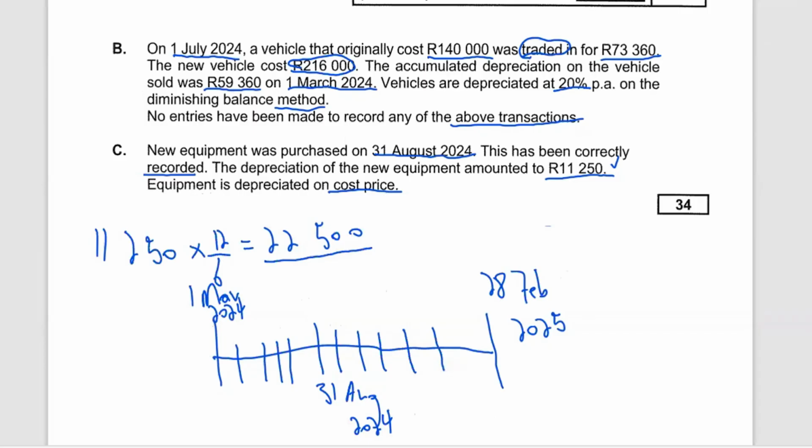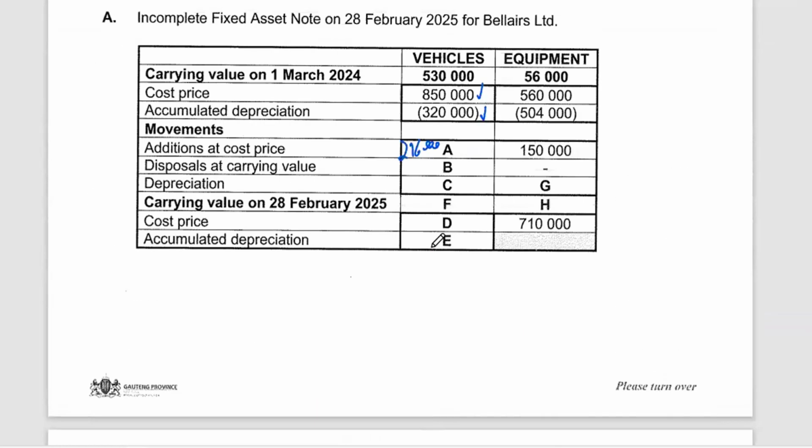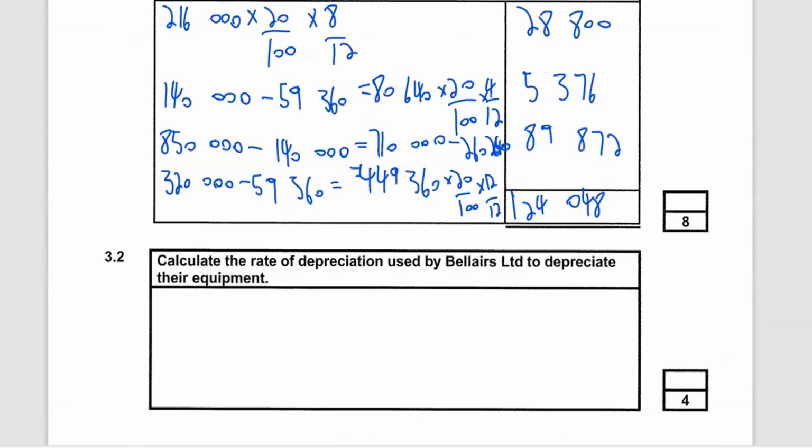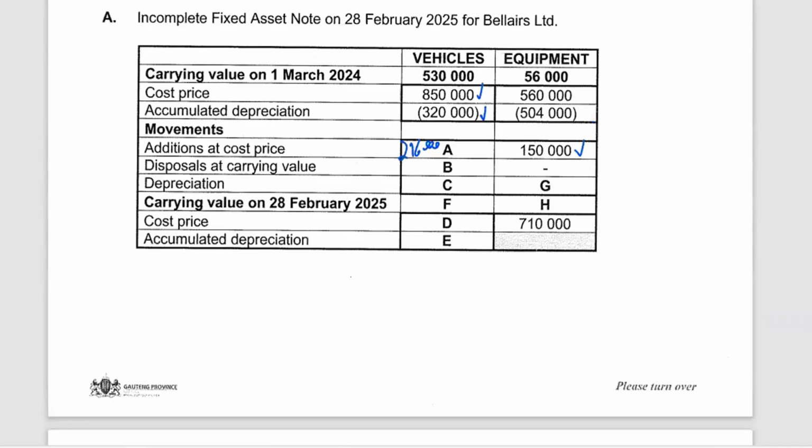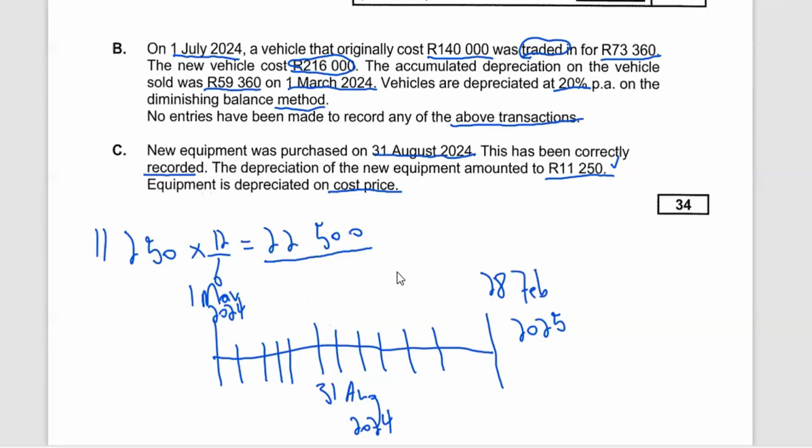So now let's go to our information and check how much is the price of that. Addition at cost, it's 150,000. So we're going to say, what do we want? We have the depreciation of 22,500. That's what we want. Divided by the total cost of 150,000. Then multiplied by 100 because we want the rate. Then we get our answer, which is 15%.